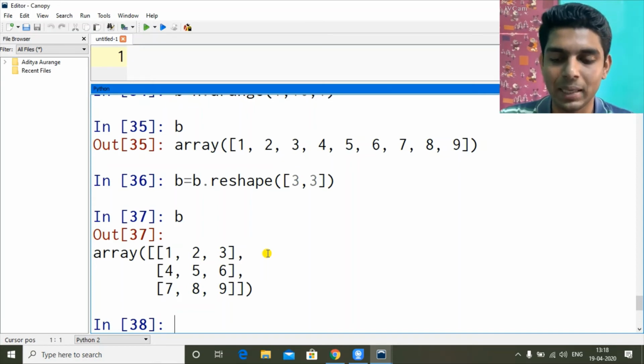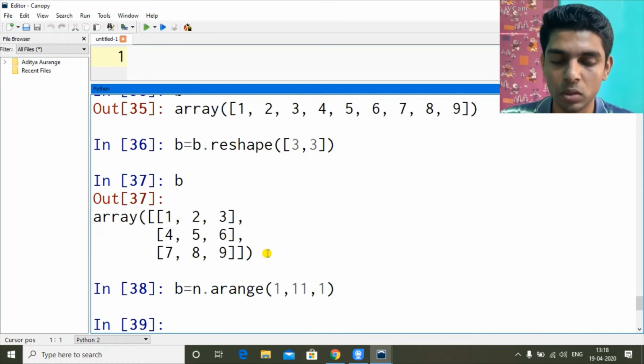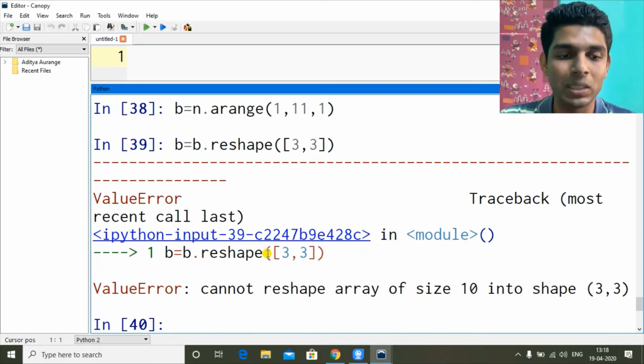So let's create an array ranging from 1 to 10. So now we have 10 values. Now if I try to do reshape, it will give an error because 3 into 3 is 9. Where will the last element go? Or if the size is big, what about the rest of the elements in the new structure? What will we fill the remaining blanks with?